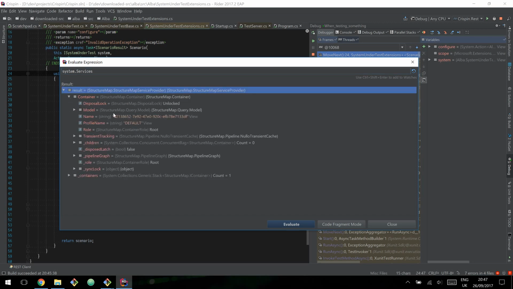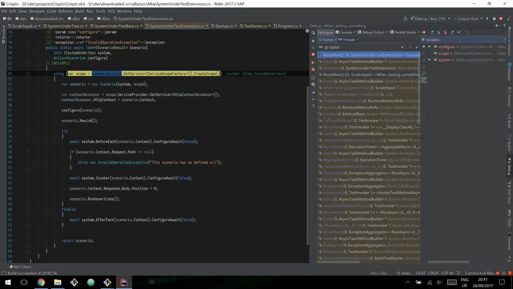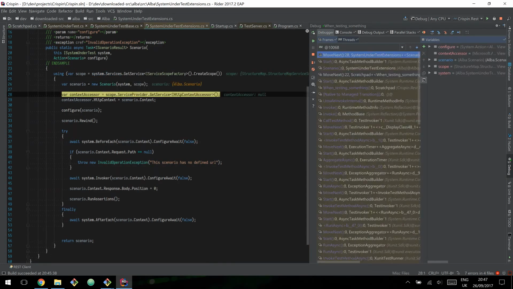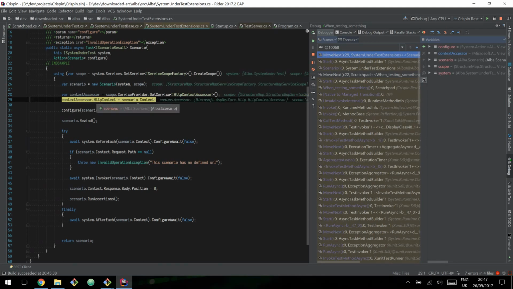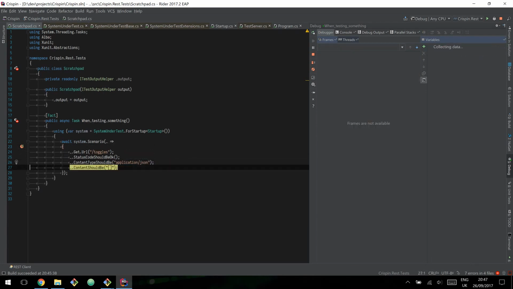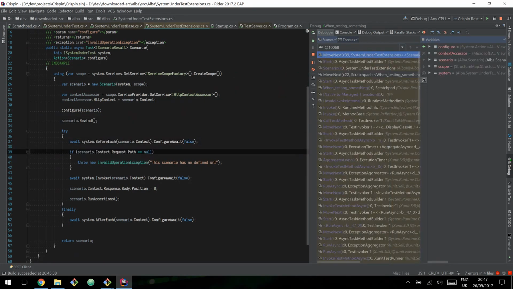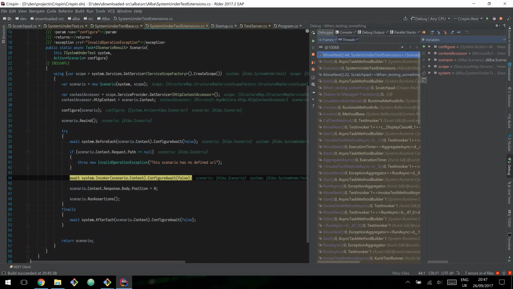Yep, that's our container. So we configure the scenario, which is fine. There's got to be something in here then,